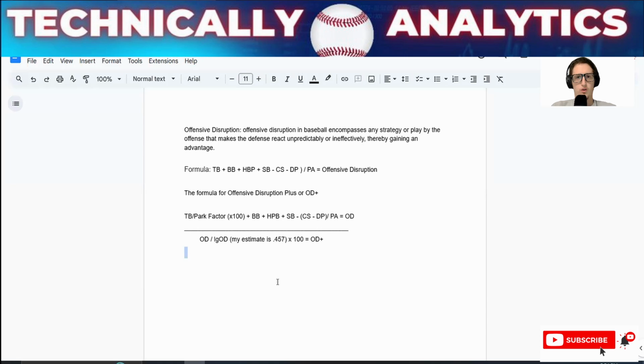So here we are, we're at the formula. Let's start there, that's the simplest place to start. You can see the basic formula on screen here. It's the same thing that I described in my last video. So the formula for OD Plus is pretty simple. It's the same formula, but the one difference I made was total bases is now weighted by park factor,